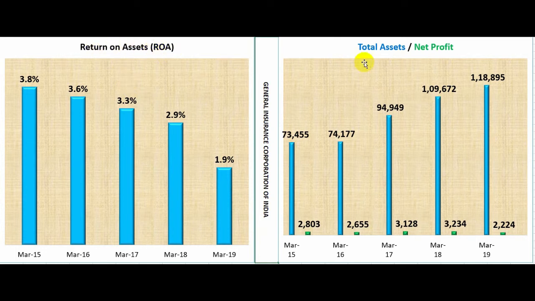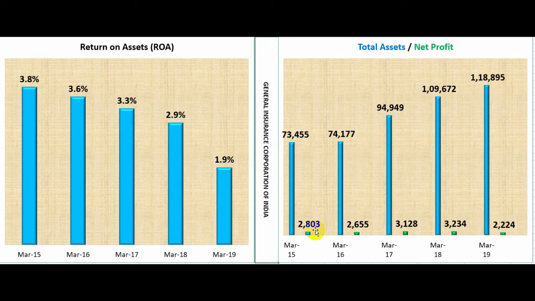Return on assets is the profit or net profit that the company has generated on the total assets of the company, or on the total balance sheet size. This is the total assets that is reflected in the balance sheet total. So we can see ROA has been dropping consistently from 3.8% to 1.9% in March 19. That's a substantial drop, and we see that although the total balance sheet size has been increasing from 73,000 crores